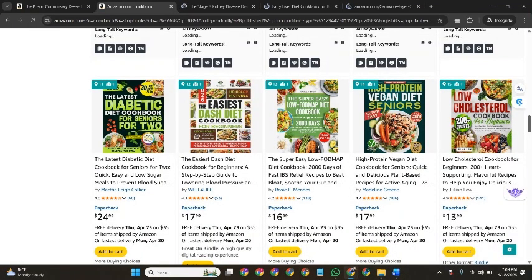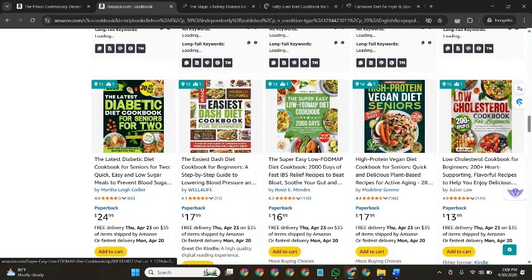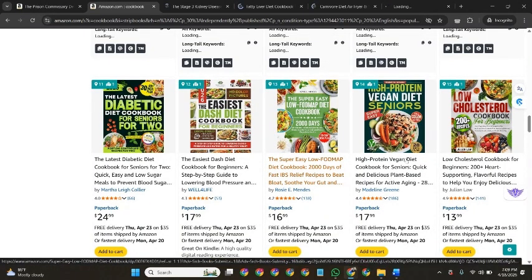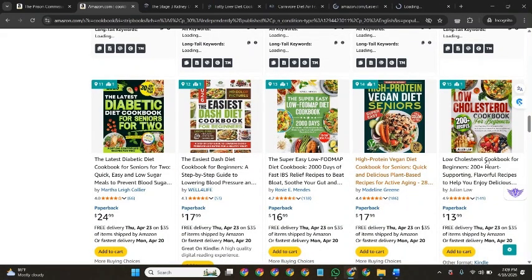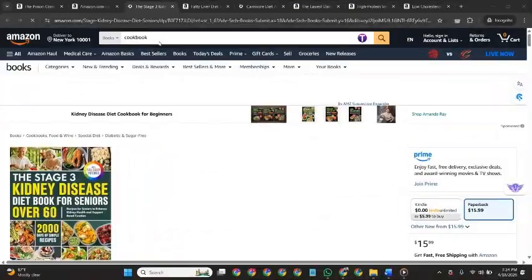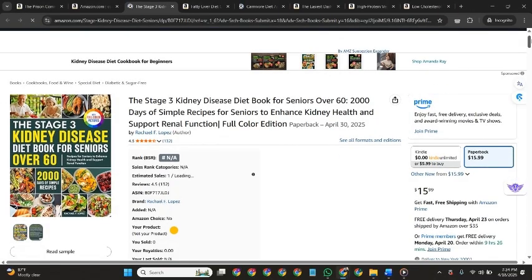So this is another title, the latest diabetic cookbook. Run from this. This diabetic keyword, because I've experienced this before, sometimes gives me issues. So the easiest dash diet, let me try to open this. Super, okay, food map, high protein vegan diet, try to open this. I will just check the low cholesterol, the BSR. So this is the first book which I opened. The stage 3 kidney